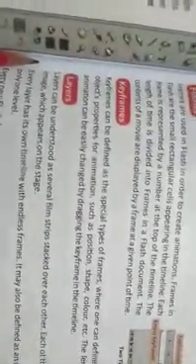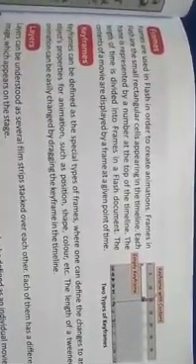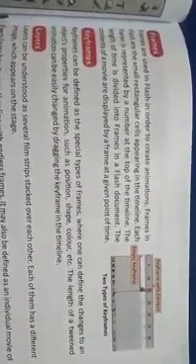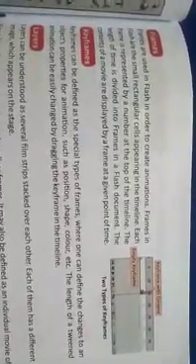Now, keyframe. A keyframe can be defined as a special type of frame where one can define the change to an object property for animation. Whatever change the person wants to make, such as position, shape, color, etc., can be defined there. The length of the tweened animation can be easily changed by dragging the keyframe in the timeline.